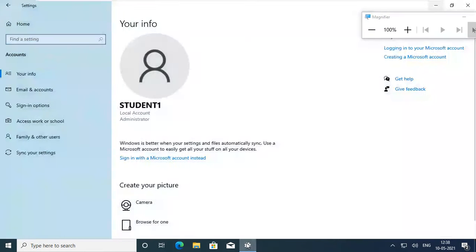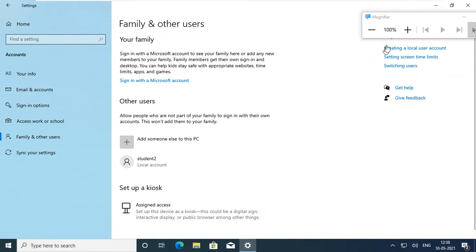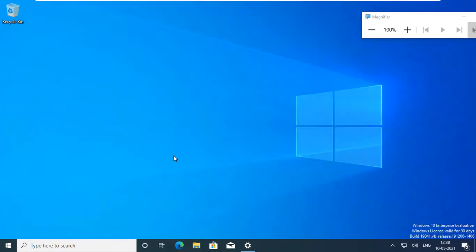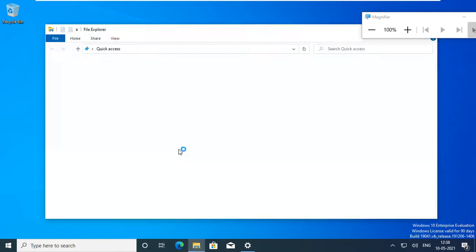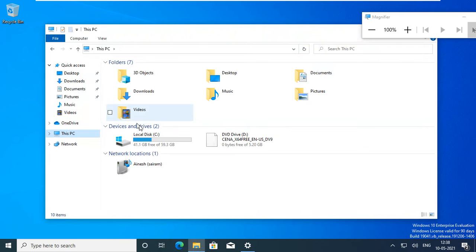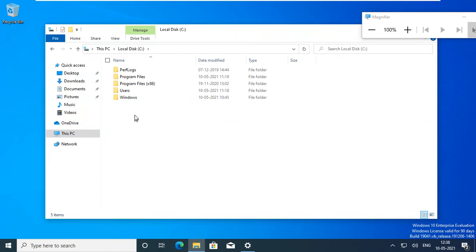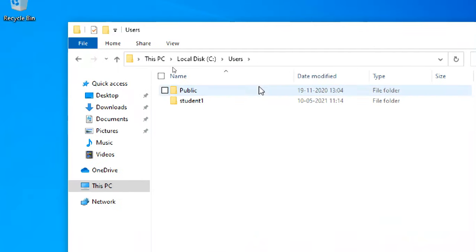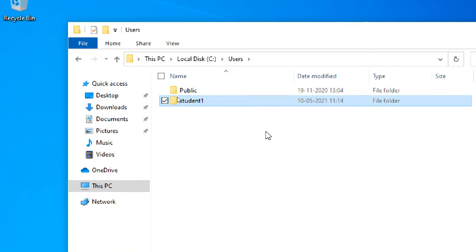So this is how to add an account. Already I added an account, right? Student. So how to log in with that account? Before you log in, I want to show you something. See Users. You can see a Public folder and a Student folder.